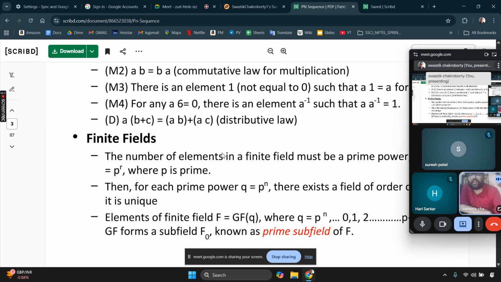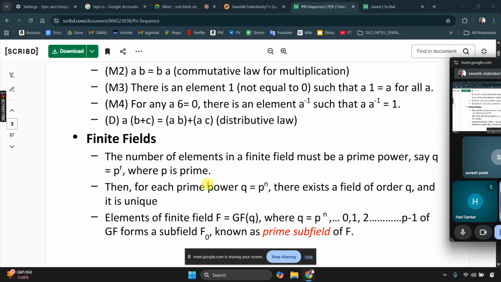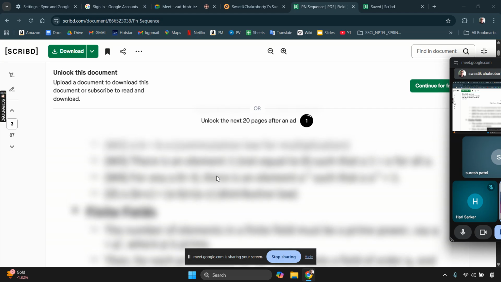Now, what is a finite field? The number of elements in a finite field must be... so what is the finite field? A finite field is a field in which,